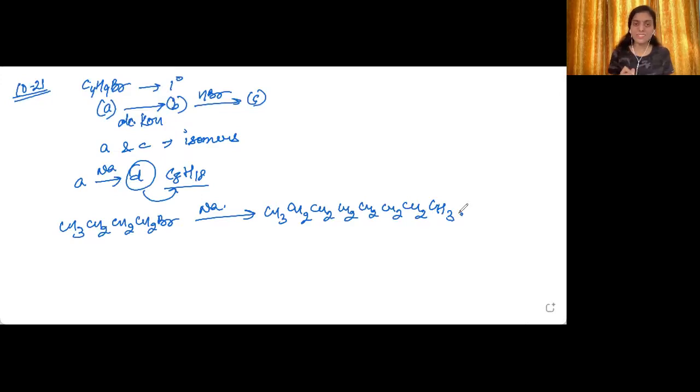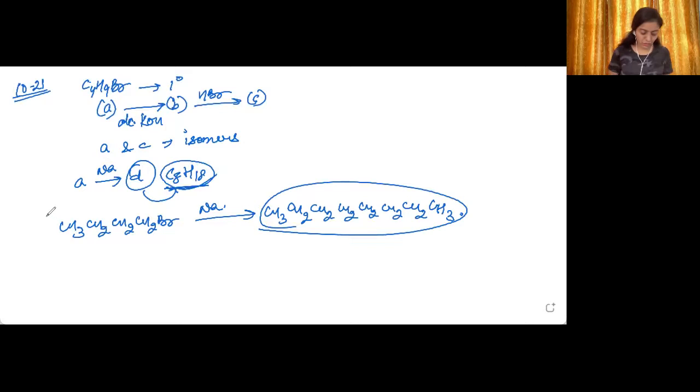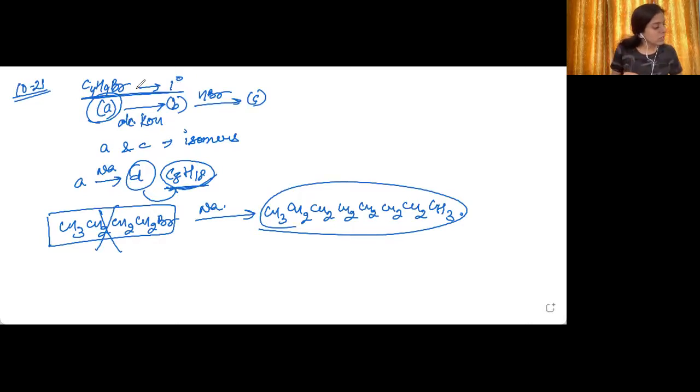Now, according to this statement, this product is not formed. That C8H18 is not the one which is obtained from N-butyl bromide. This means A cannot be N-butyl bromide. This we have got from the statement itself, that this is a primary alkyl halide, but it is not N-butyl bromide. Fine. Now, give the structural formula of A and write the equations for all the reactions.